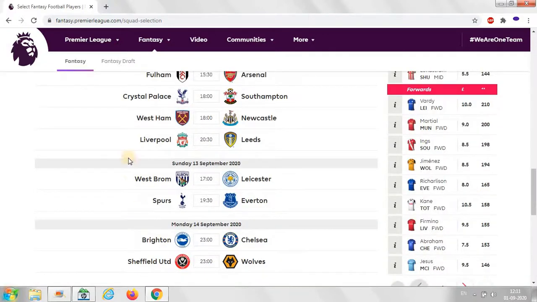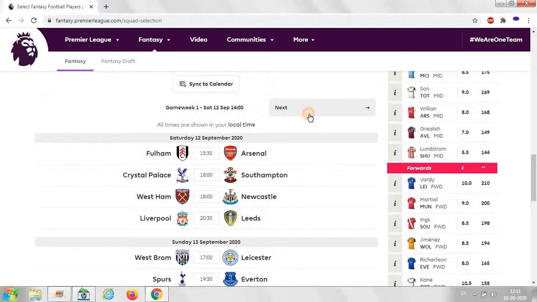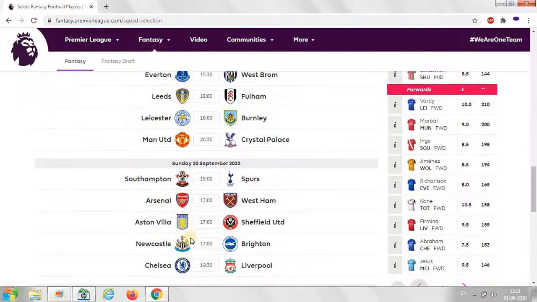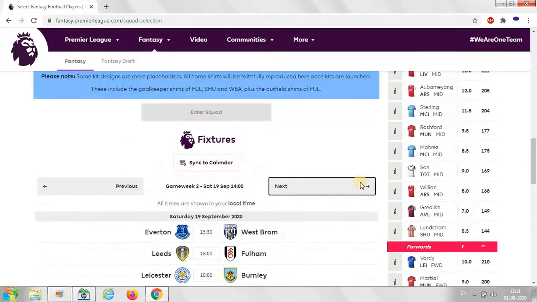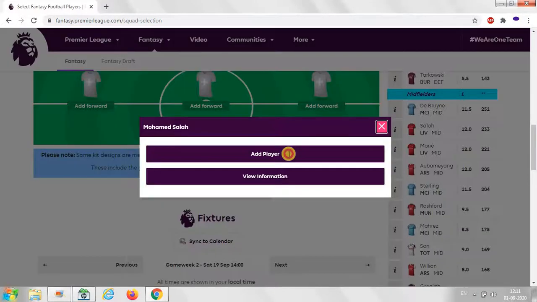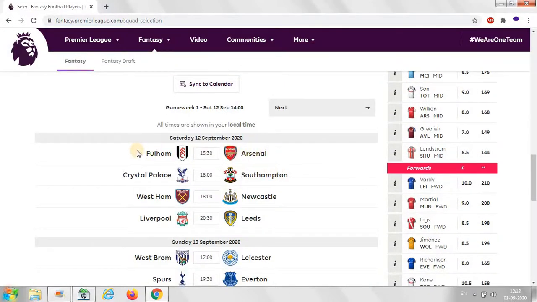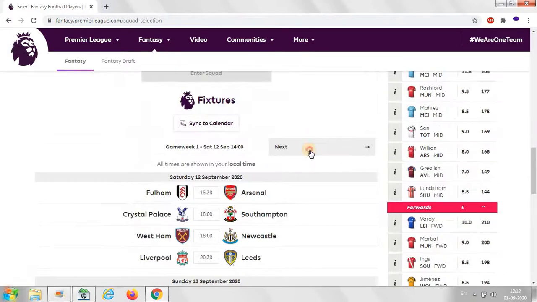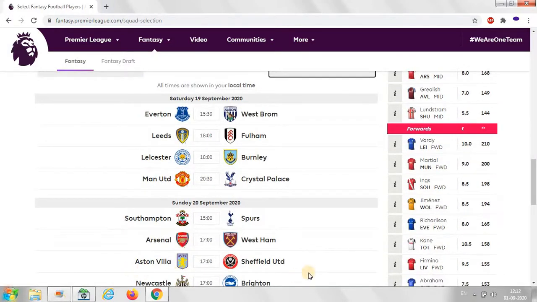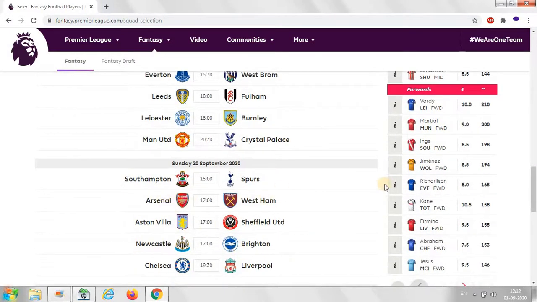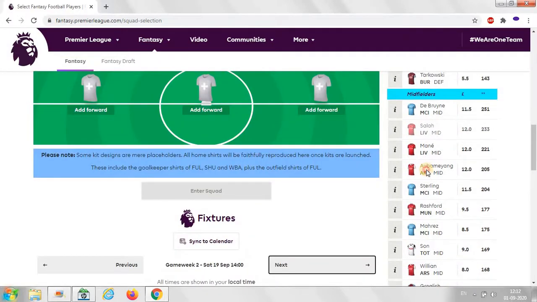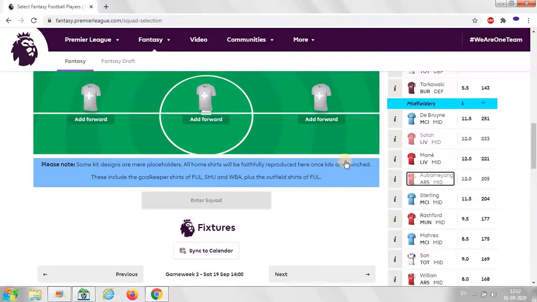Liverpool will be playing Leeds first, as well as Chelsea in the second. So definitely Salah will be my option, as well as Arsenal. Arsenal is playing Fulham, and then West Ham. So I recommend you go to Aubameyang.